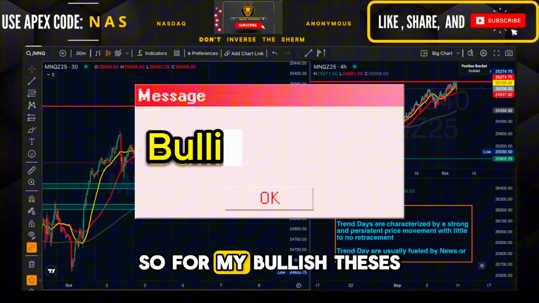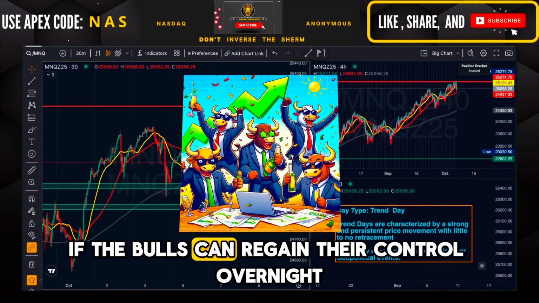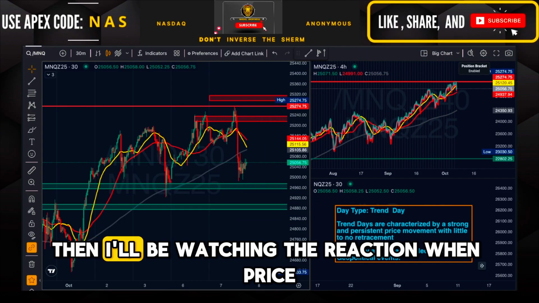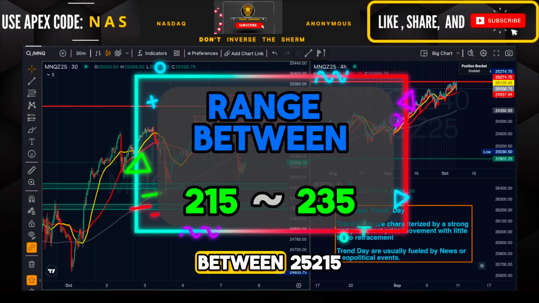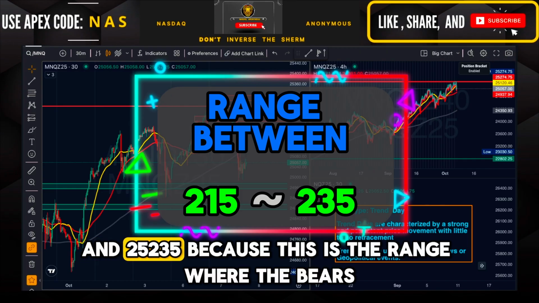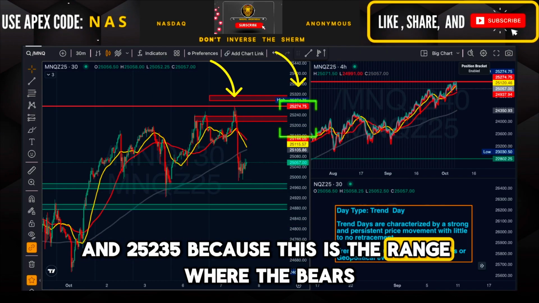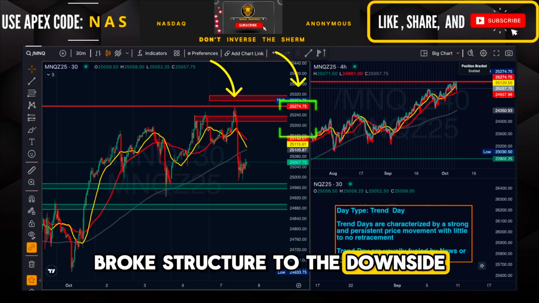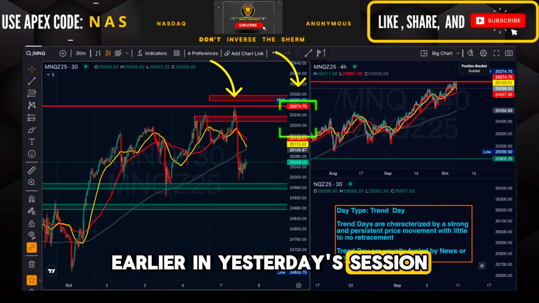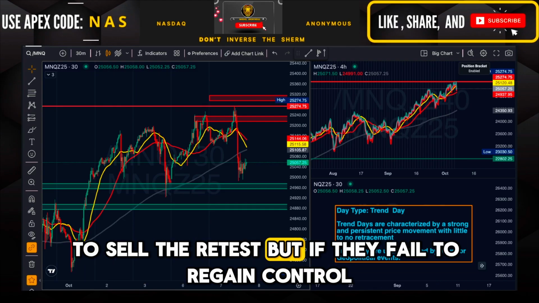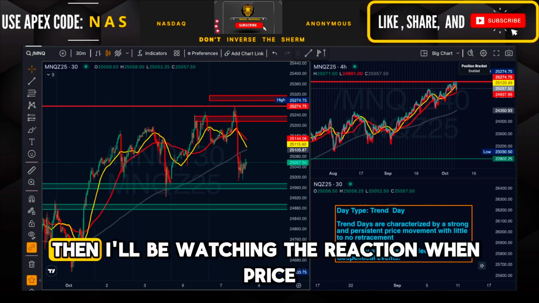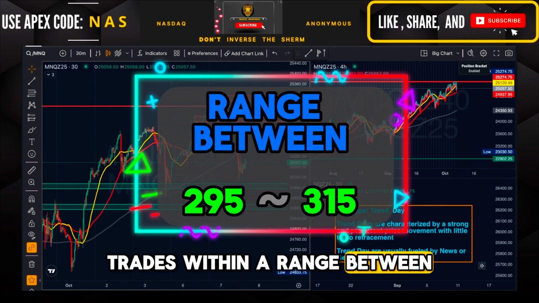So, for my bullish thesis, if the bulls can regain their control overnight, then I'll be watching the reaction when price trades back within a range between 215 and 235. Because this is the range where the bears broke structure to the downside earlier in yesterday's session. And I do expect for passive sell orders to be resting around this area to sell the retest. But if they fail to regain control, then I'll be watching the reaction when price trades within a range between